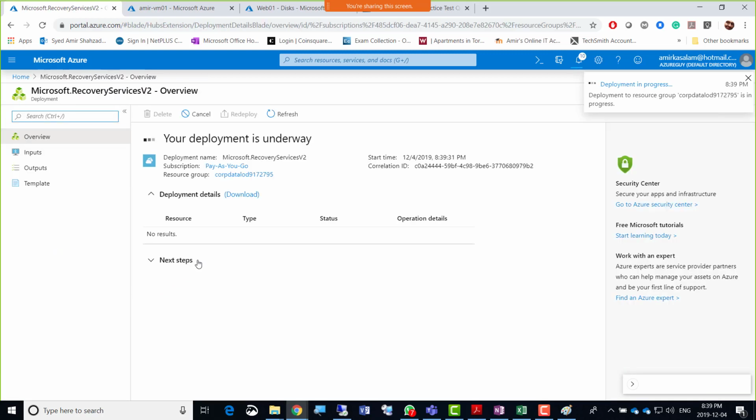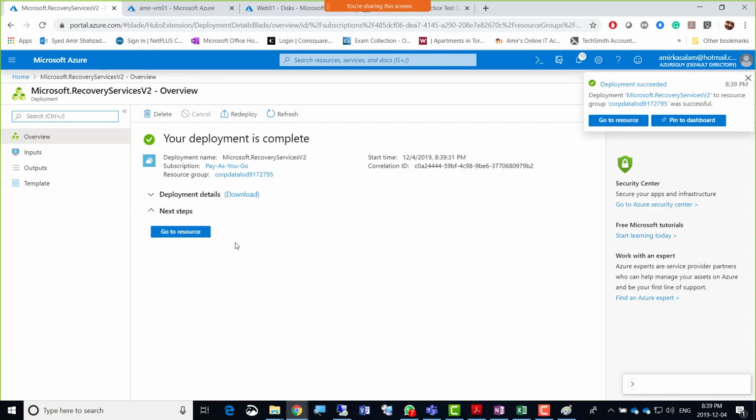So the region has to be the same, otherwise you're stuck. If you can't see the machine there, maybe you've gone for the wrong region. So make sure that the region is exactly the same where you're creating your resources. That is part of the exam.